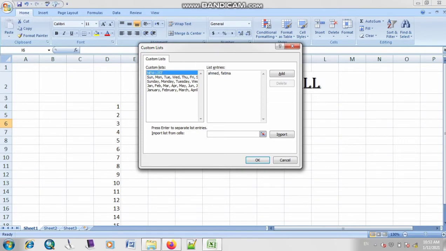Comma is basically used if you want to separate two names, two sentences, then you will insert a comma. Fatima, Abdullah, Ahmad, and Faiza, Abdul Rahman, Abu Bakar. Okay, and at the end you just have to click on this option of add.